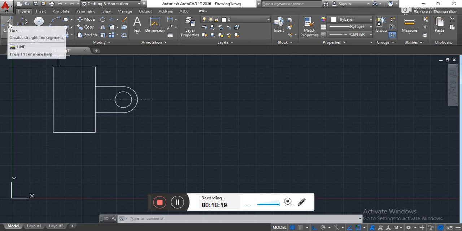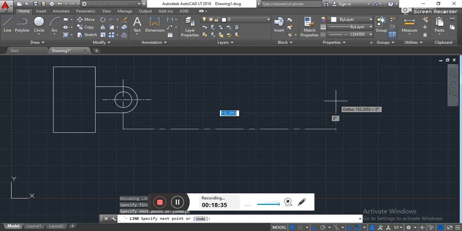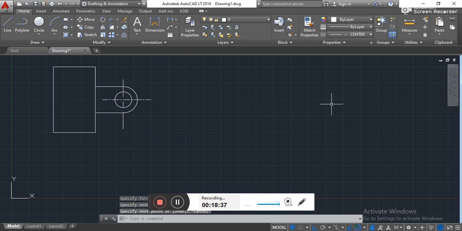Again I want to draw a center line. I will make it, here is my center. I will move it to a vertical line like this, and this is my another center line.